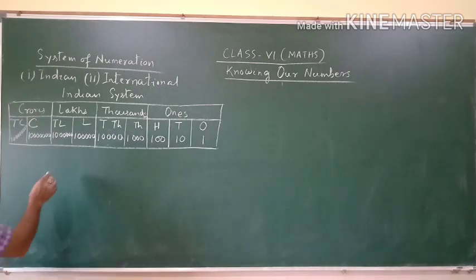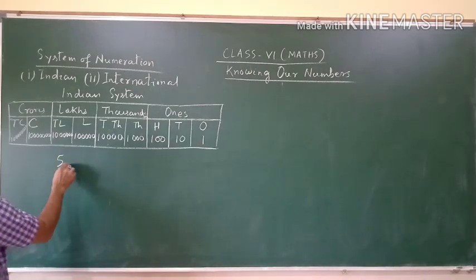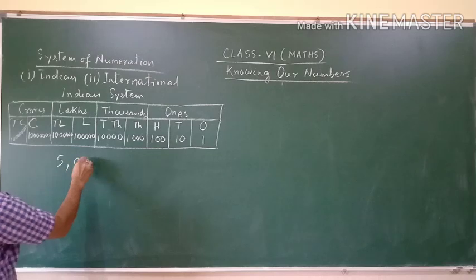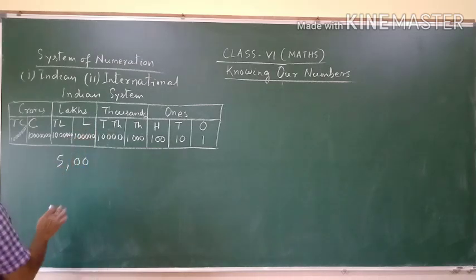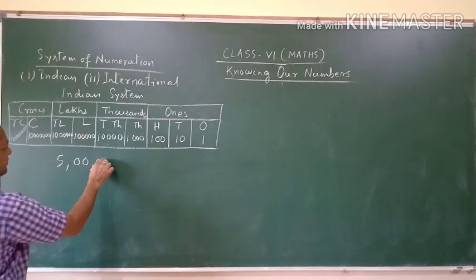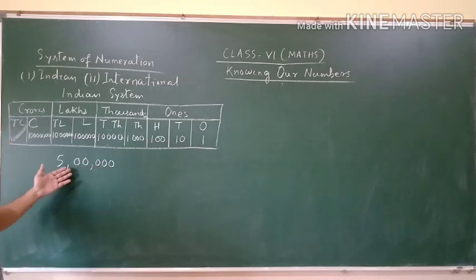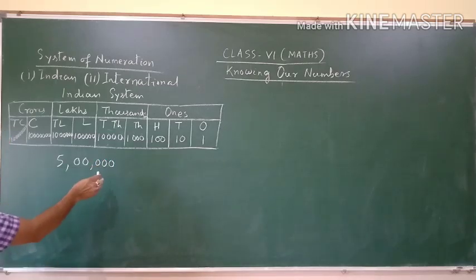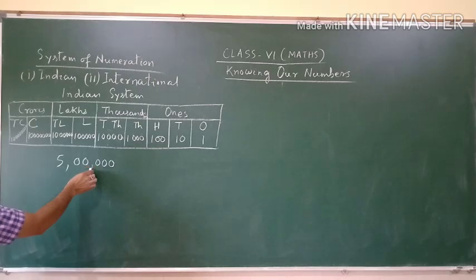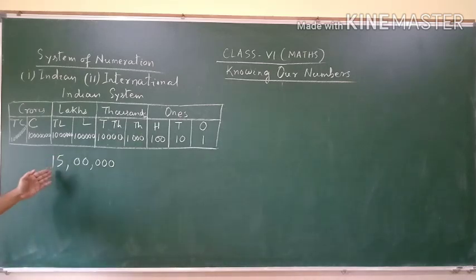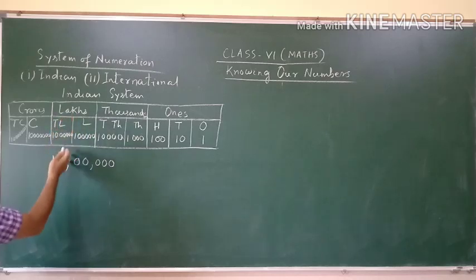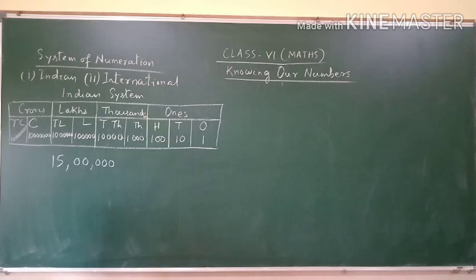For example, I am writing here 5 lakh. So 0 0, in the lakh place how many zeros are there? 1, 2, 3, 4, 5. This is called 5 lakh. So in the Indian system, after 3 digits, 1 comma, then after every 2 places, 1 comma, like this, 2 2. Suppose I have written 15 lakh. So this is the 15 lakh position. We can write 10 lakh. These are in the lakh place. So likewise we represent the Indian system of numeration.